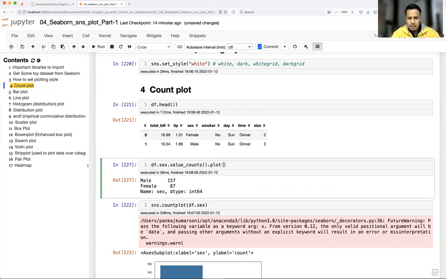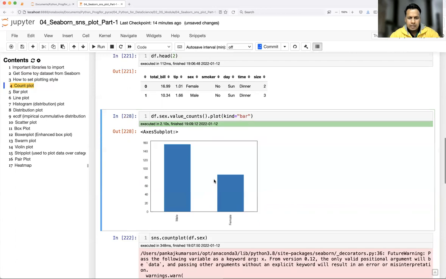So plt, you can just give kind equal to bar. That's how we plotted, right? Let it come. Yeah, so if you plot like this, either using matplotlib or pandas default plot, it is just